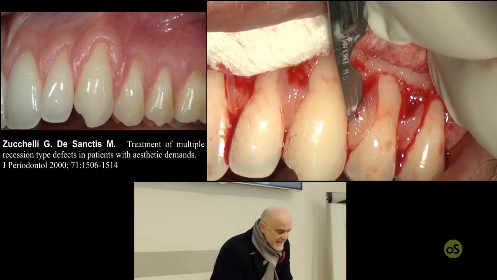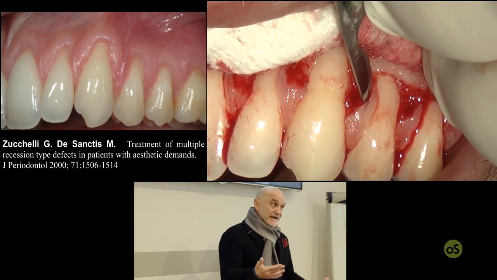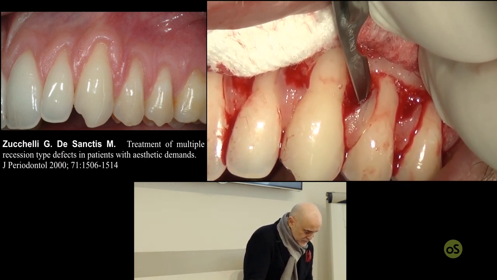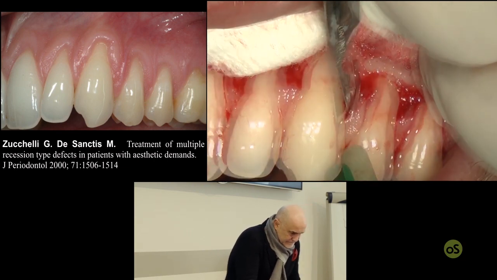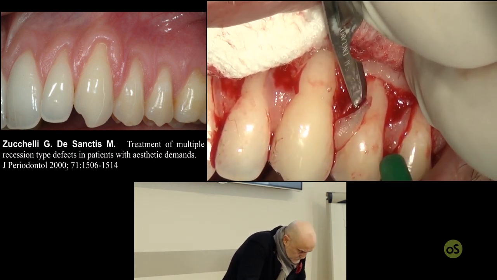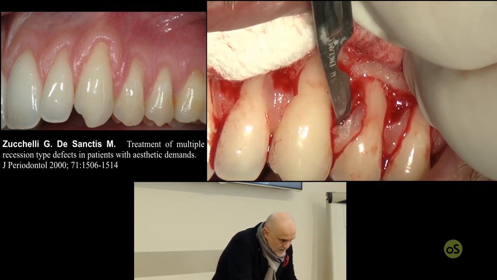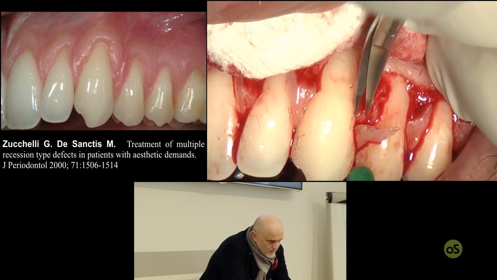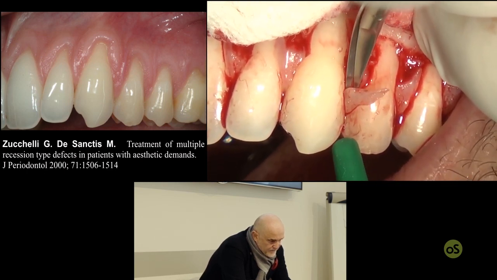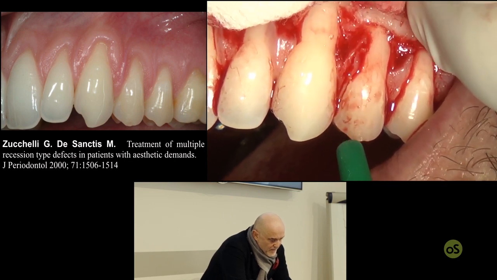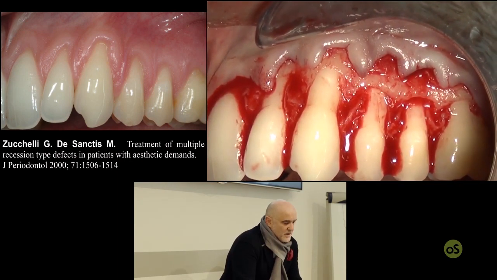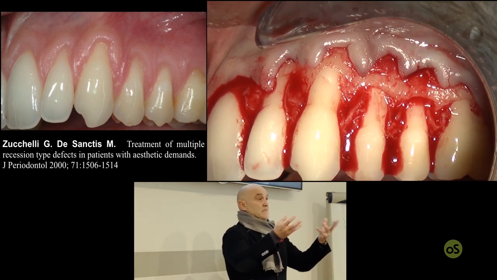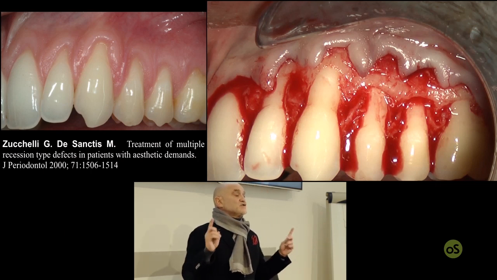Root planing, EDTA if necessary, and for a wide recession defect, also amelogenins. Now it's the time to make the deepithelialization. With the blade first, and then the tip is deepithelialized with the use of microsurgical scissors. This is the flap. That's the hand, and now we are able to advance and to cover 6 gingival recessions